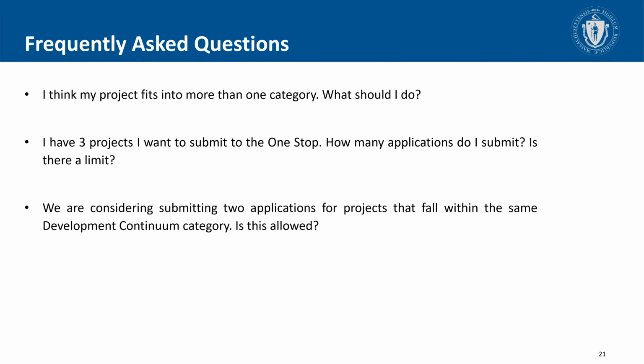However, again, I would stress that you look very closely at the type of project that you're going to submit and look at the guidelines for the program. Certain programs do have limits, and they outline that in their guidelines that say we will only consider making 1 grant to the community in any given round. So a program may have its own specific limits, but overall for the one-stop, there is really no limit to the number of applications.